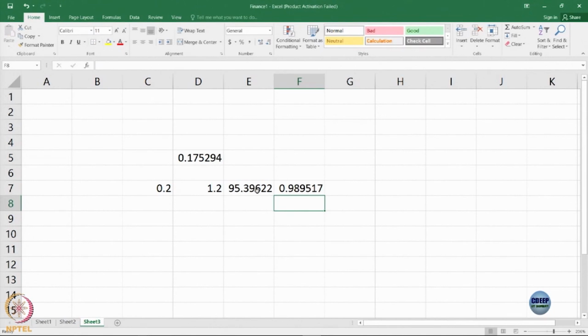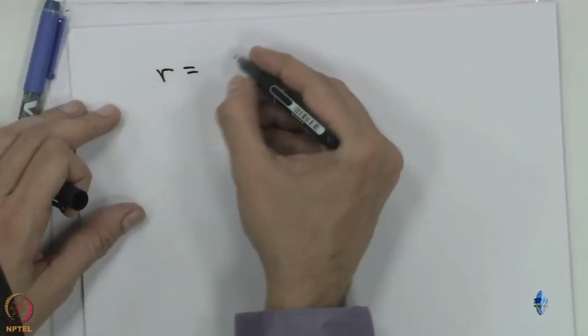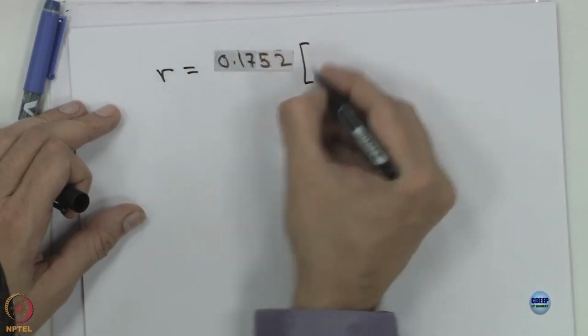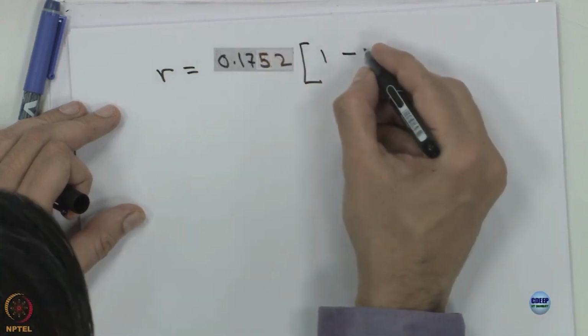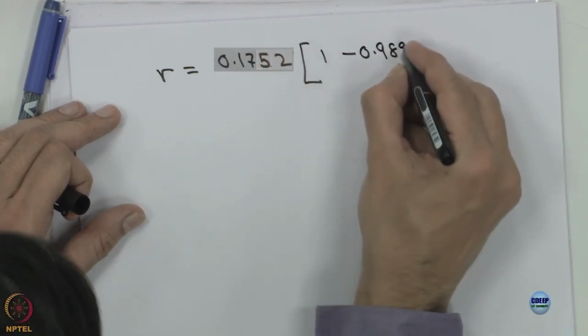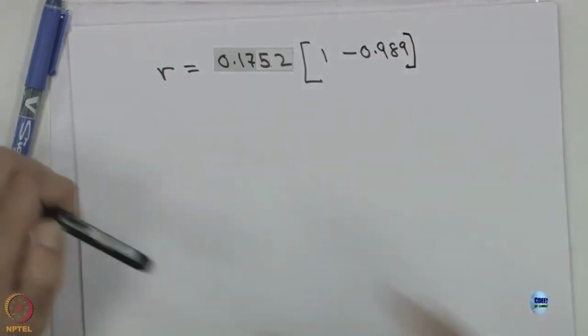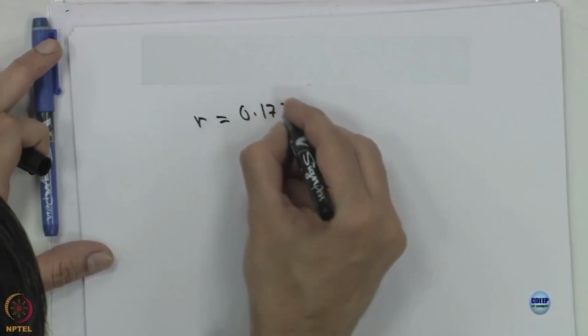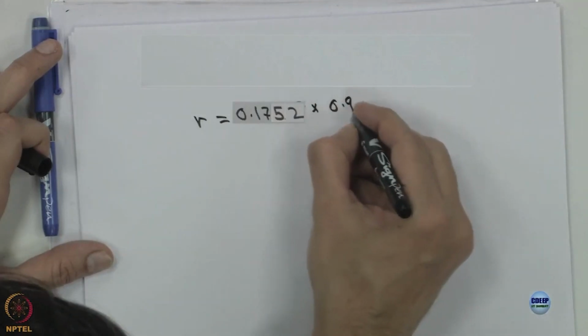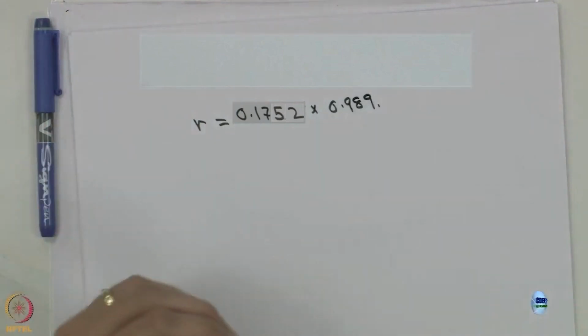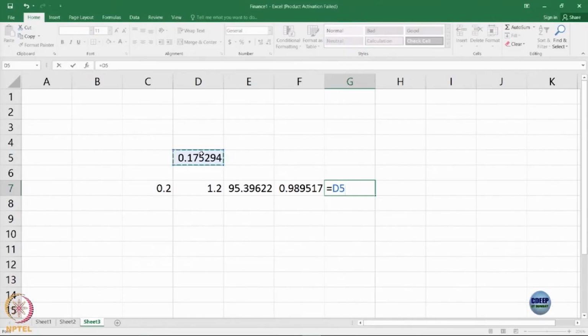So that's a bracketed term. If we start with R equal to 0.2, the next value of R which we are getting is 0.175. Sorry, this is R is 0.175 into 1 minus 0.989, that's what we have to do. This is the bracketed term, so we will get this as,